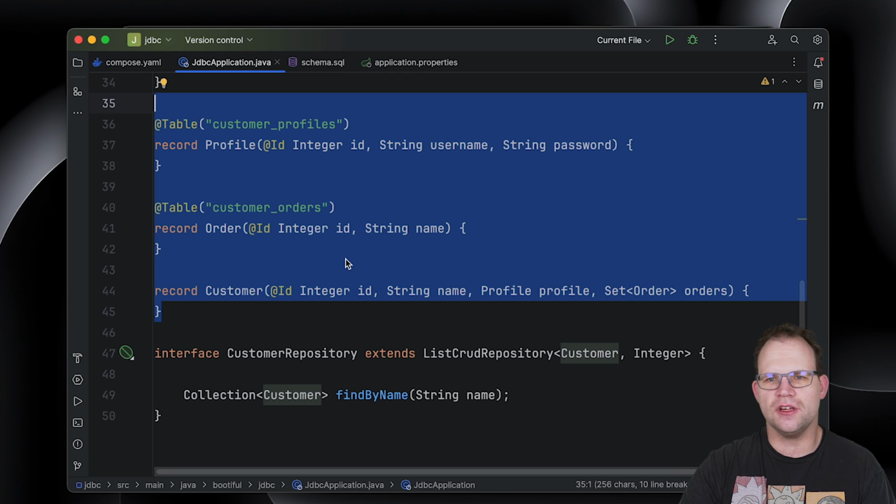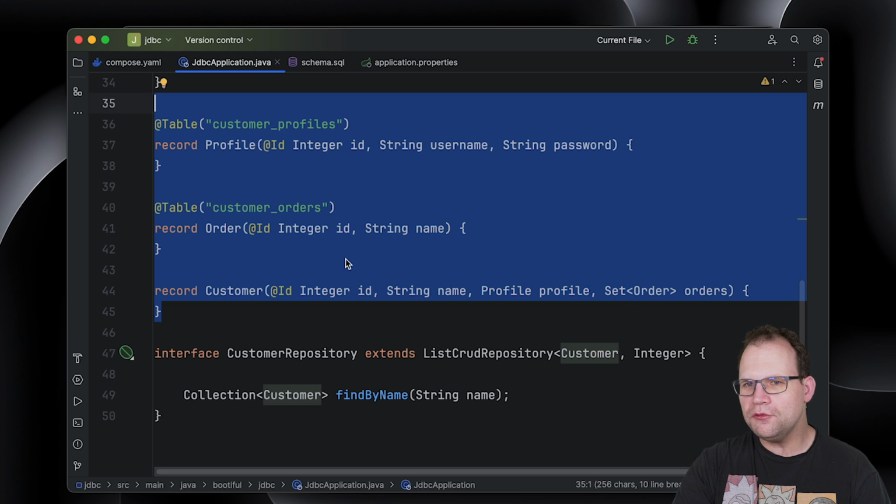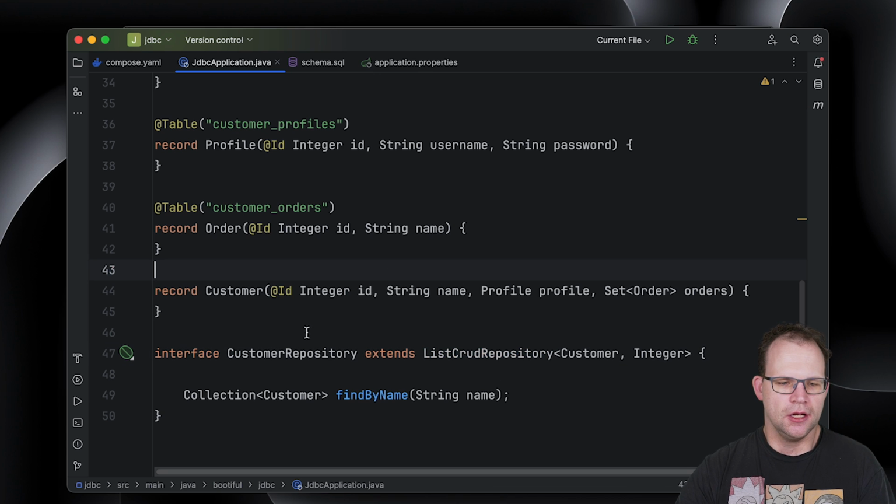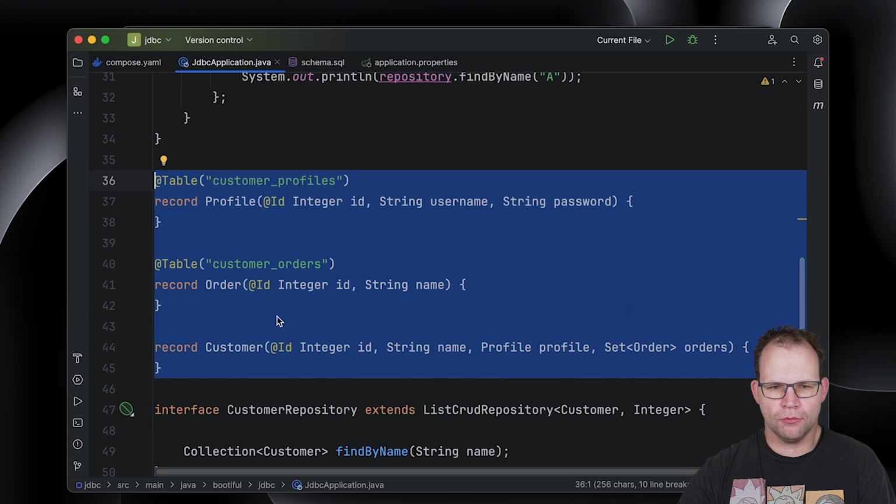I dare you. Try it out with Spring Data JDBC and try it out with Spring Data JPA. Create one entity with one field, like ID and then name. So two fields, but one's the primary key. And then just use a JPA repository instead of ListCrudRepository. I'll bet you it's almost twice as big if you compile it into a native image. I'll bet you it takes almost twice as long to start up on the JRE and in native as well, if you're using JPA. So for the small case, this is just way better, way better.